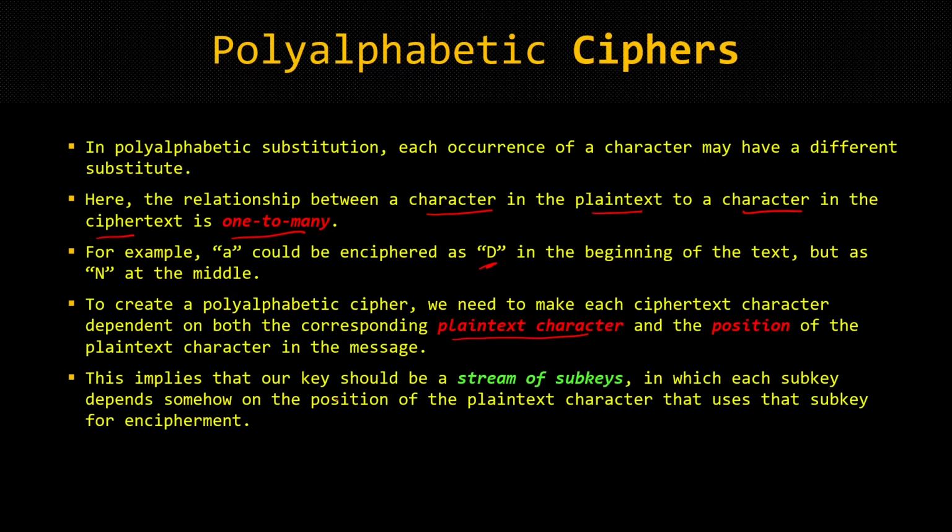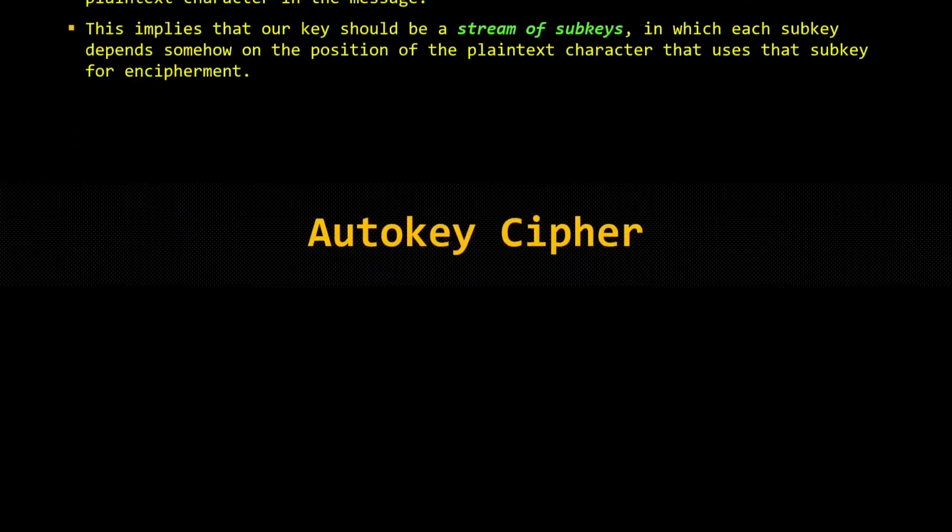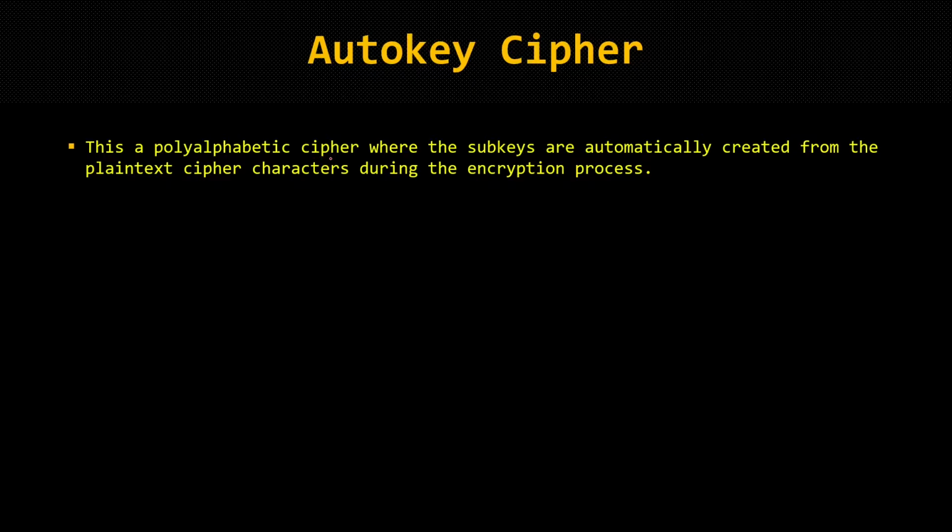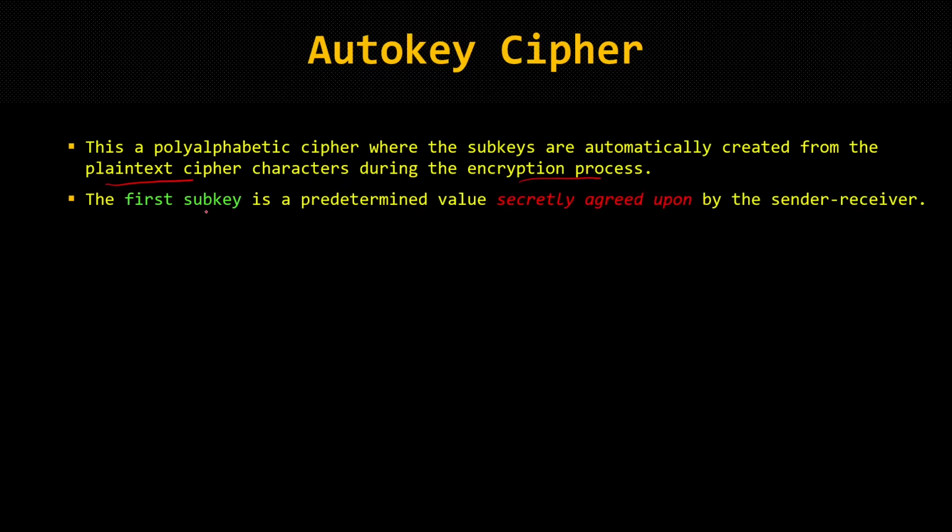So this implies that our key should be a stream of subkeys, in which each subkey depends somehow on the position of the plaintext character that uses that subkey for encipherment. So the first polyalphabetic cipher that we are going to see is the Autokey cipher. So this is a polyalphabetic cipher where the subkeys are automatically created from the plaintext characters during the encryption process. So the first subkey in this Autokey cipher is a predetermined value, which is secretly agreed upon by the